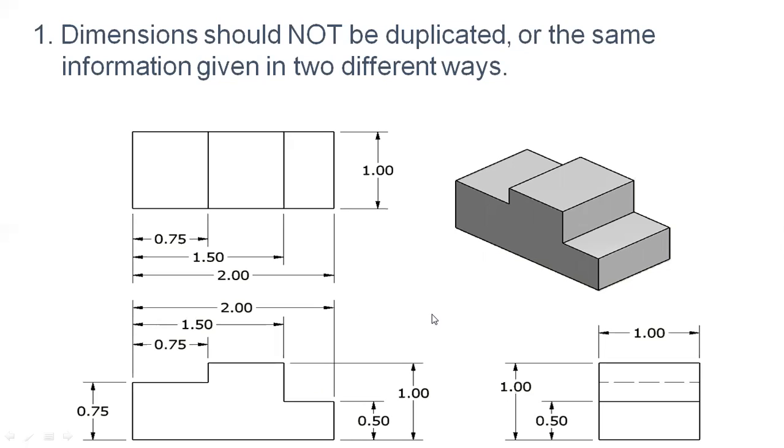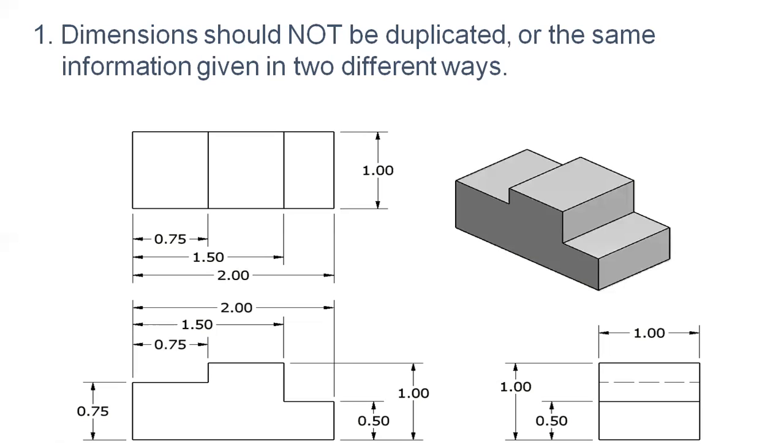These views are drawn by the first angle method of projection. If you see the diagrams clearly, this is an incorrect way of dimensioning. The rule says dimensions should not be duplicated, meaning over dimensioning is not allowed